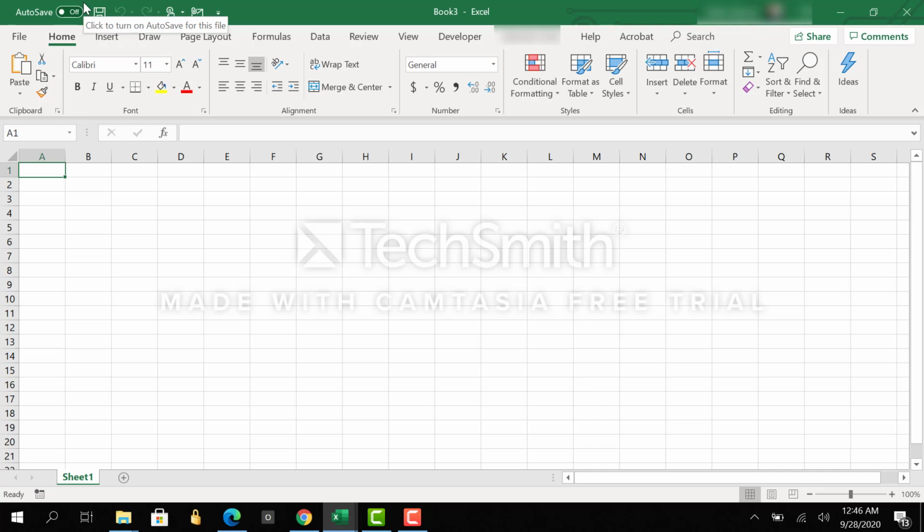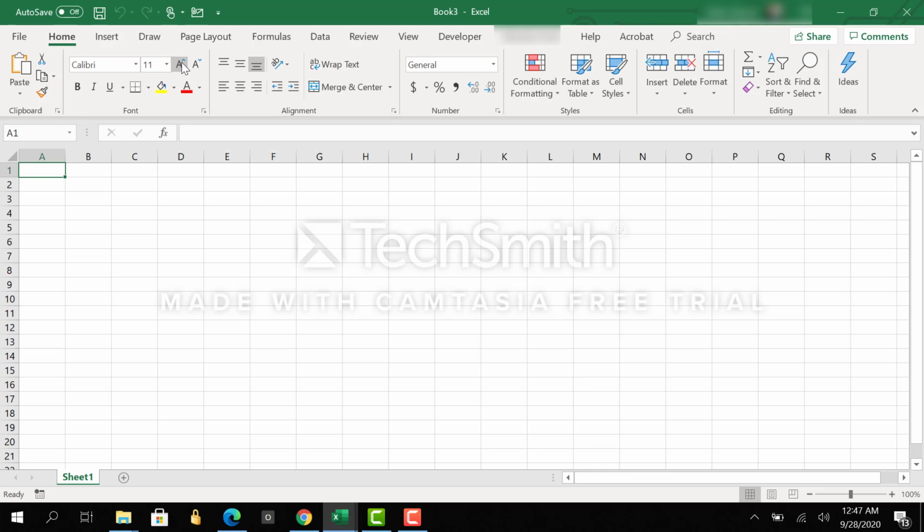Now right below that you have what's called the ribbon. If you have been working in Microsoft Excel, or in a set of other Office applications, you are going to be familiar with the ribbon. This has been around since the 2007 edition of the Office applications, not just Excel, but Microsoft Word, PowerPoint, Outlook, and so on.